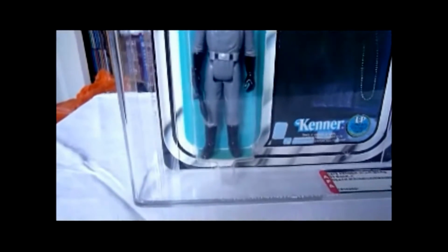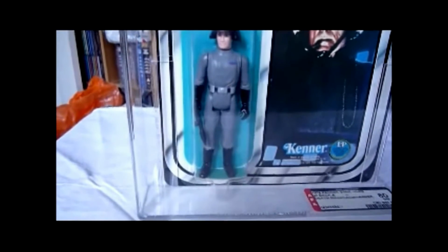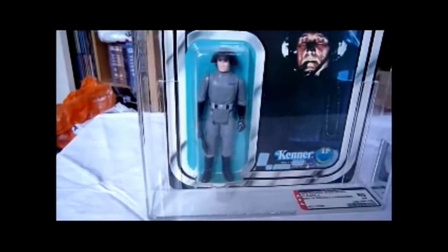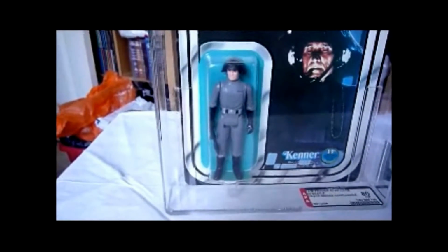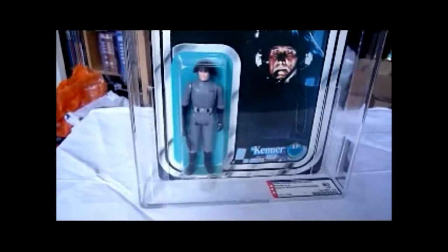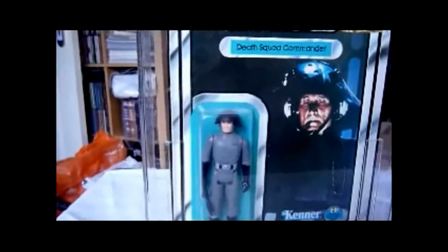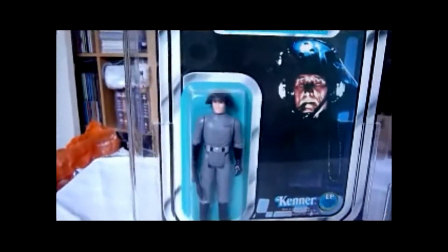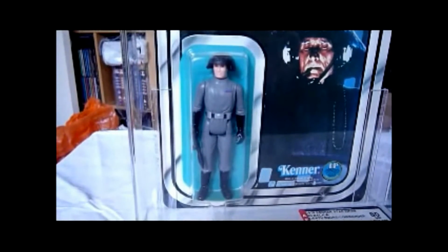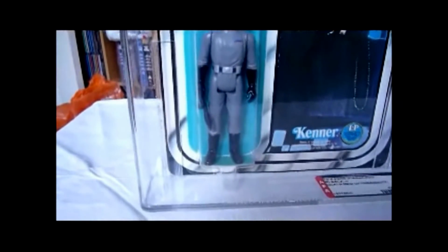So, out of all the first 12 figures, this is probably the best sculpted, because it looks much more advanced than the other 12 figures, or 11 figures. And it was only when Boba Fett came along that maybe that figure sculpt was as good as this. So the reason why people should pick up this figure is that it is probably truly the first modern action figure in the way that it's sculpted, and you know,